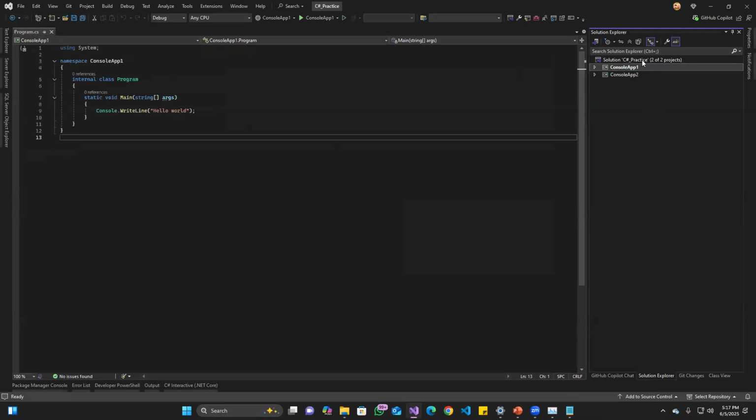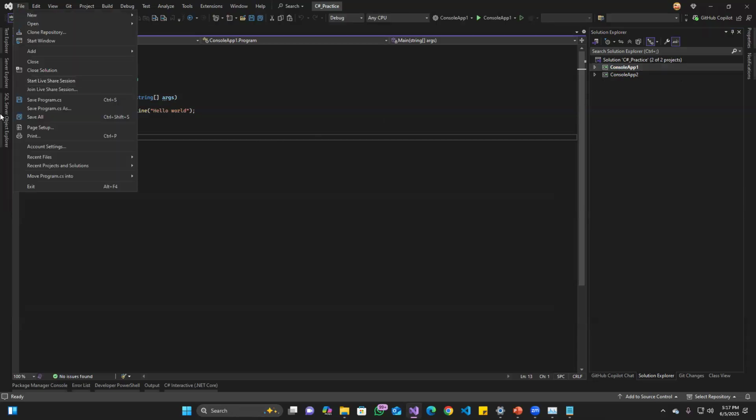right? Inside one solution. So you are asked to build a hospital management system. First of all, you create a solution and you create projects that handle different things. So this first project could handle the doctors, the other one could handle the patients, the other one could handle the nurses. That's how you structure your projects and solutions, by using projects. Okay,